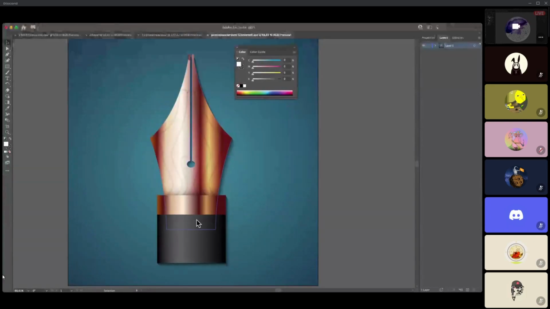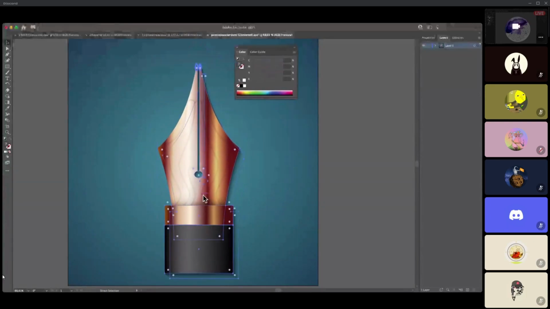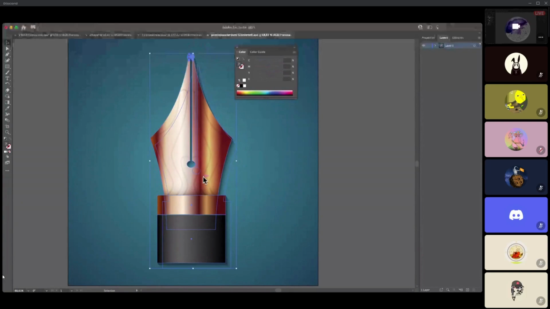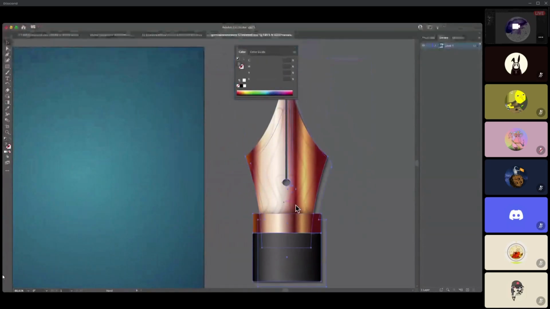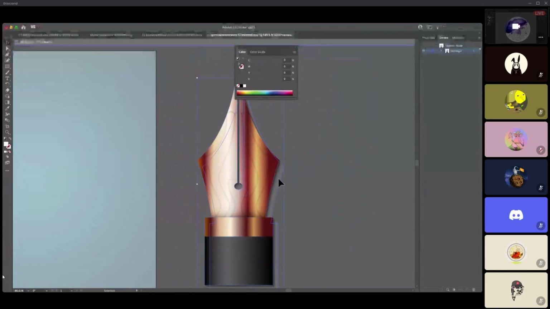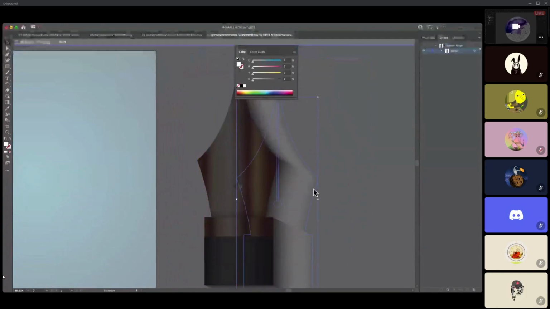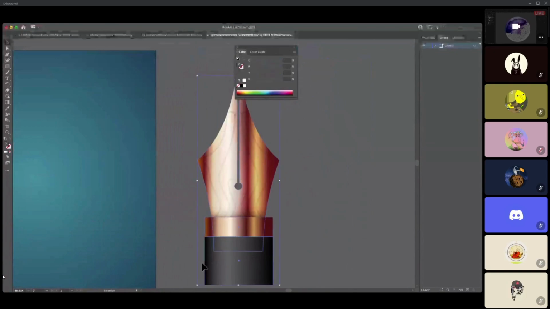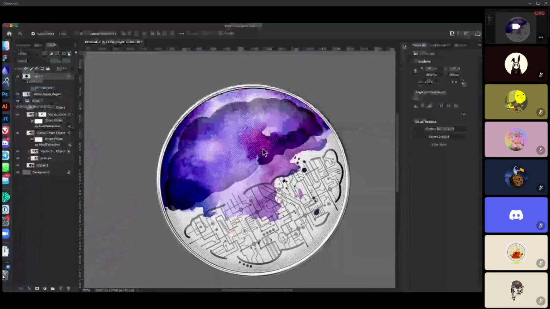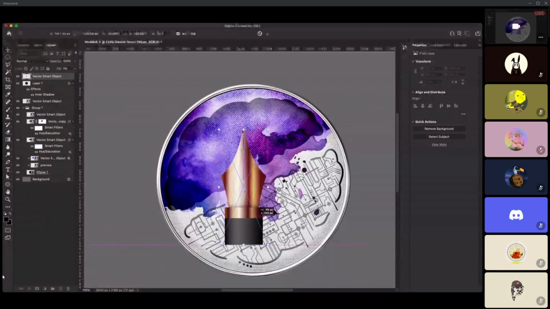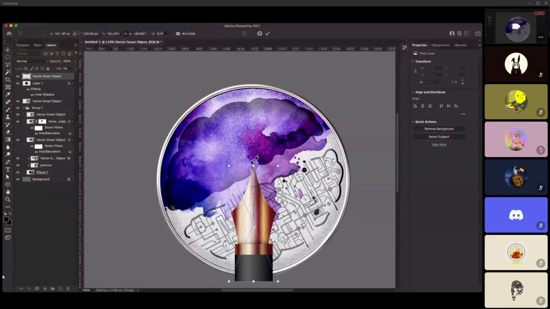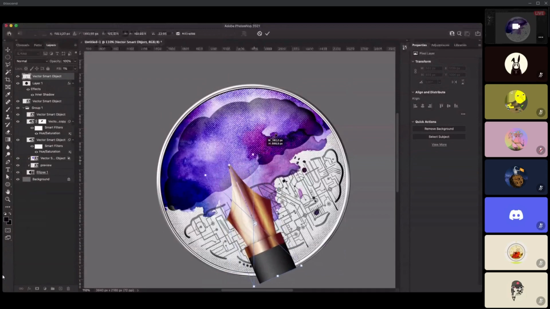So I chose this vector because I want this object to represent the designer aspect of things. But if I take it out, as you can see, there's a little shadow here which I need to get rid of. We'll be creating our shadows inside Photoshop, so I'm going to remove this. I'm going to copy it, drop it in Photoshop, like so, and increase the size of this.